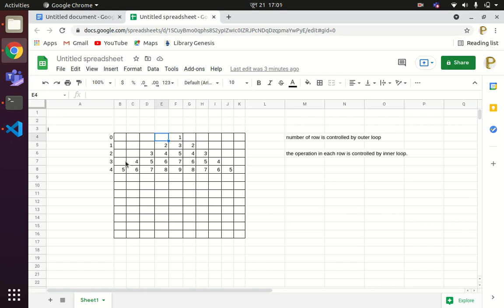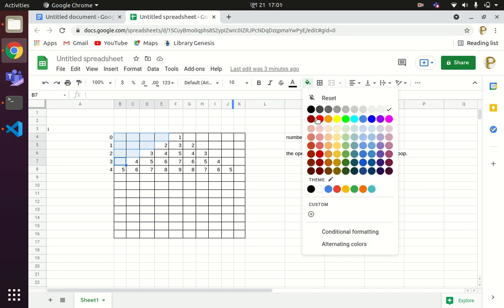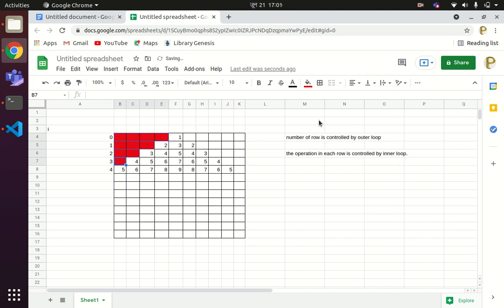So in the first row 4, in the second row 3, in the third row 2 spaces, in the fourth row 1 space, and in the last row 0 spaces. I'll color this red just for easier understanding. You can see the number of spaces gradually decreases in each row.